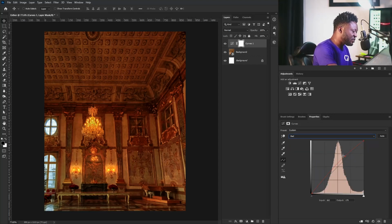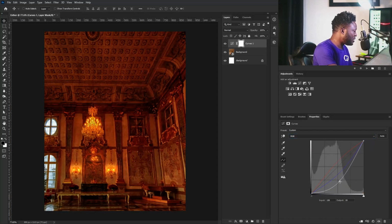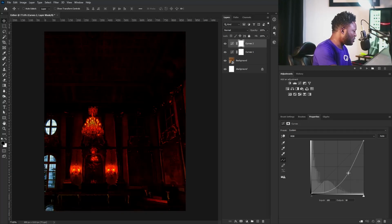I need to add more red to this because I really want to make this have more of this orange look. And I'm going to go back to RGB here now. Then I'm going to move this down like that. Now this is beautiful. All right, so the next thing I'm going to do is I'm going to add more curve to this. All right, so I'm going to add curve like that, and I'm going to move this down